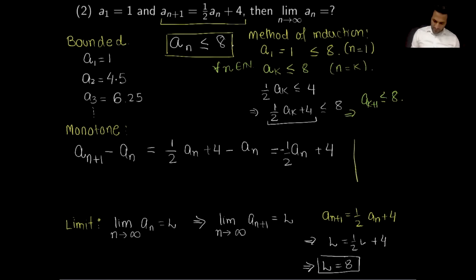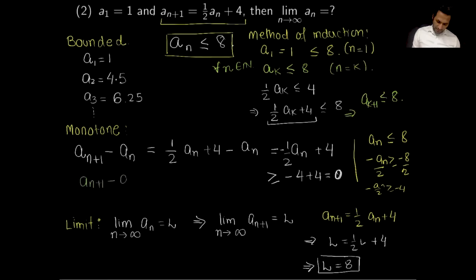so here, because a n is less than or equal to 8, therefore negative of a n will be bigger than or equal to negative 8. And if I divide by 2 on both sides, negative a n divided by 2 is bigger than or equal to negative 4. So I can use this inequality here. So this is bigger than or equal to negative 4 plus 4, which in fact is equal to 0. So this shows a n plus 1 minus a n is bigger than or equal to 0,